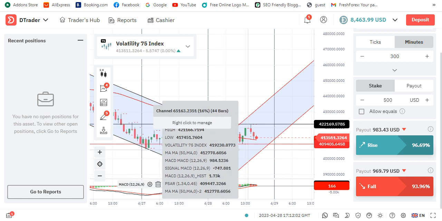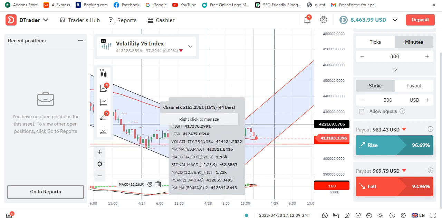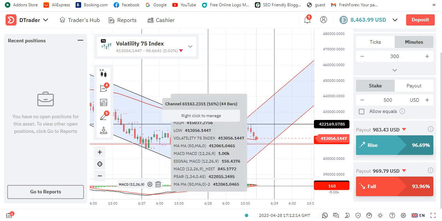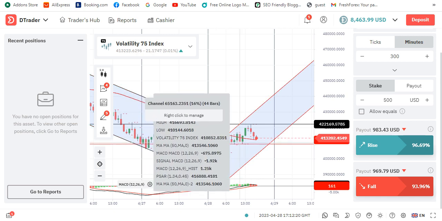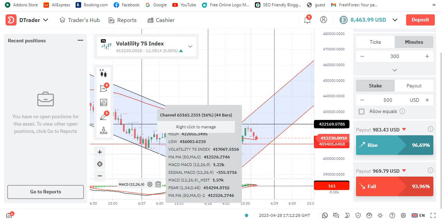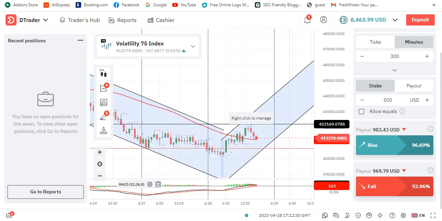So the advice here is that if this candle pierces below this line, and assuming this candle now comes to this line, it means it has broken this support. That means if you enter sell, which is a fall, you must take profit here, because from here the market may pull back, let me use that word, from this line. Now if this candle pierces here, you can see this red line,